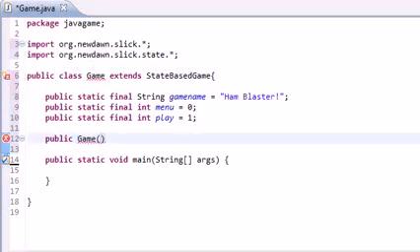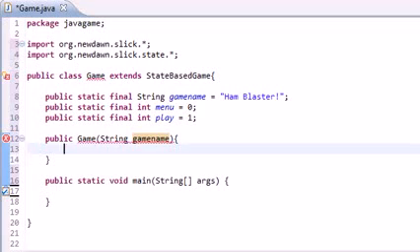And what this method is going to do is take the name of the game, Hand Blaster, as a parameter. So String, pass it in that variable gameName. Essentially what we're doing is passing it in Hand Blaster. And the rationale behind this is because whenever we first create this game, the first thing we want to do is create a window and put the title Hand Blaster at the top